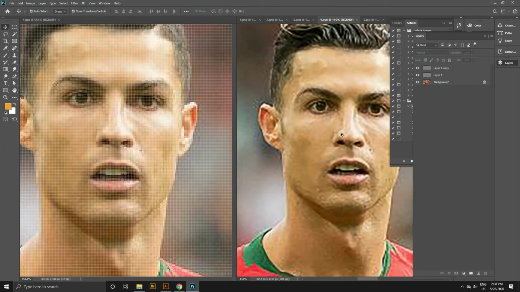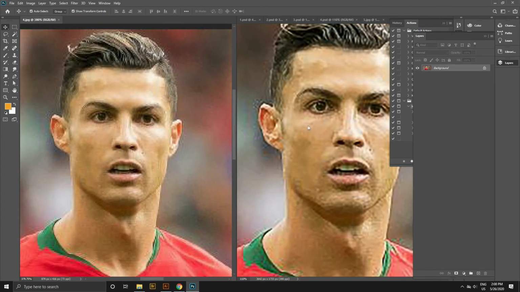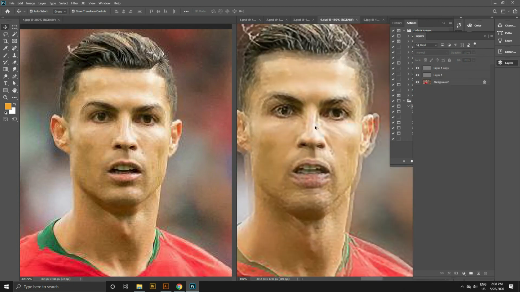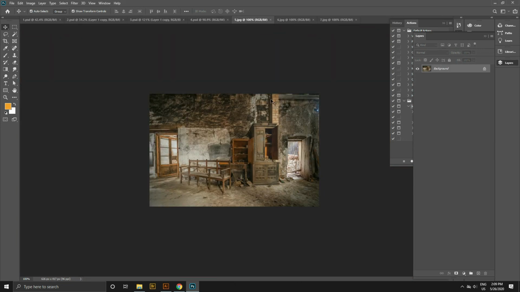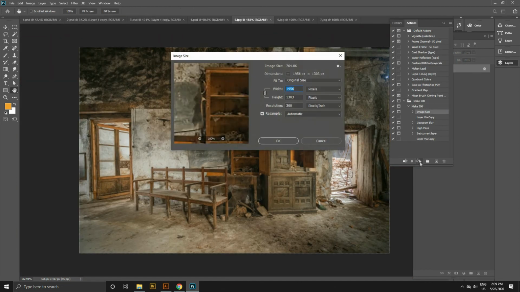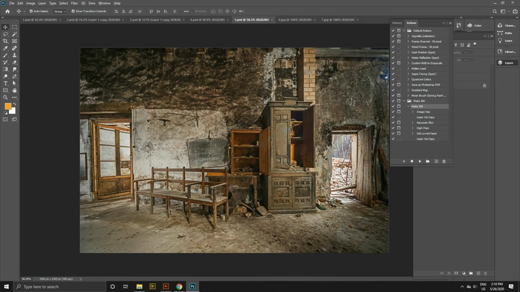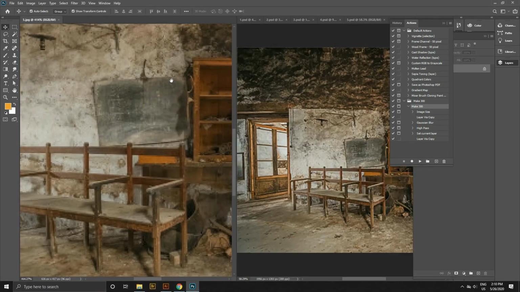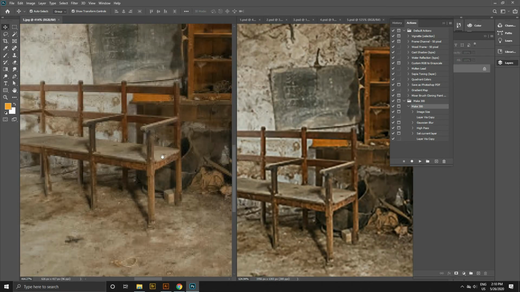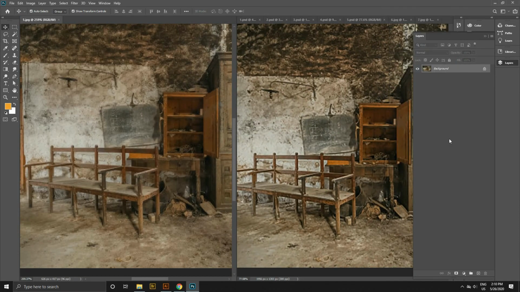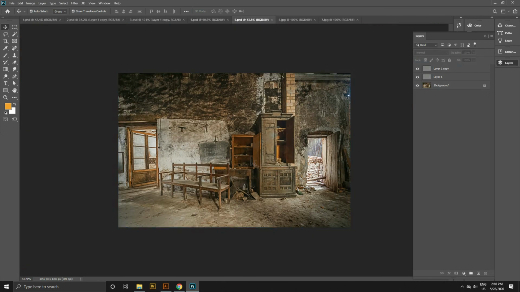This is an example of how the method works on an extremely damaged image. Moving on, this is an example of a monochromatic image. Let's see how the result is on this image. As you can see the comparison of the different images. Obviously you can go ahead and make some further changes. The high pass method can be your first step to making the details.